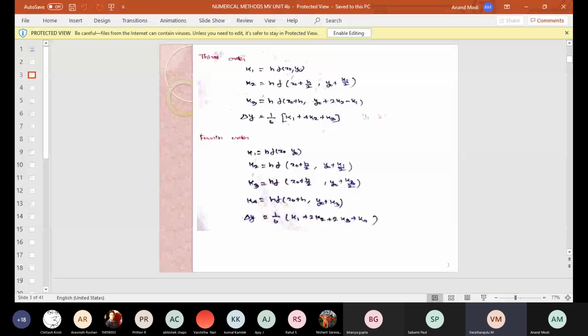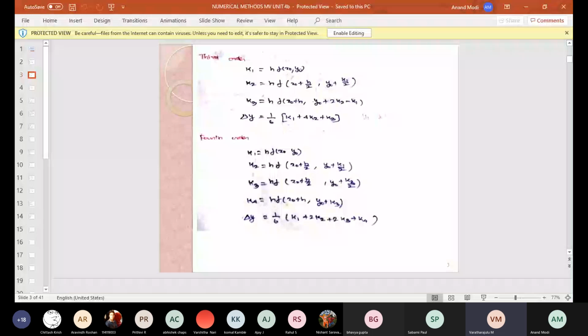The h, as I said, is the step size or interval between the equidistant values. That interval between the y values is said to be h. Please make a note of the third order Runge-Kutta formulas. K1 is equal to h of f of x naught comma y naught, which is the same formula